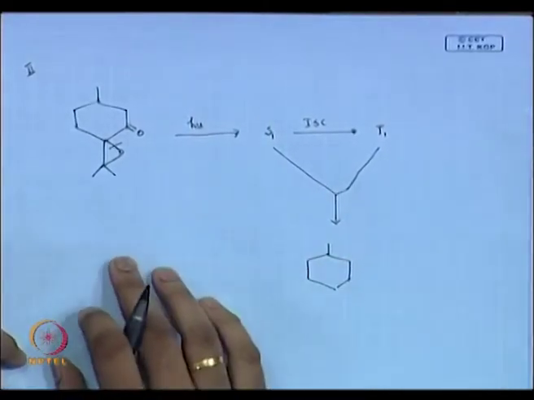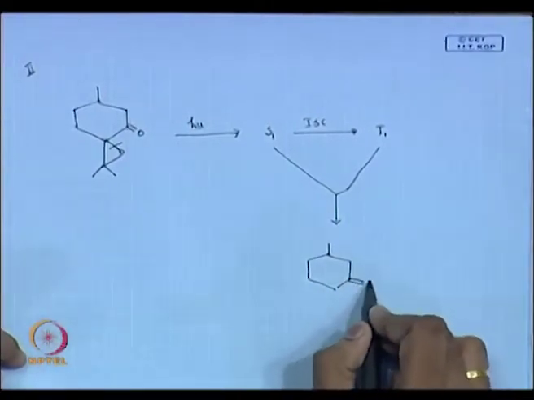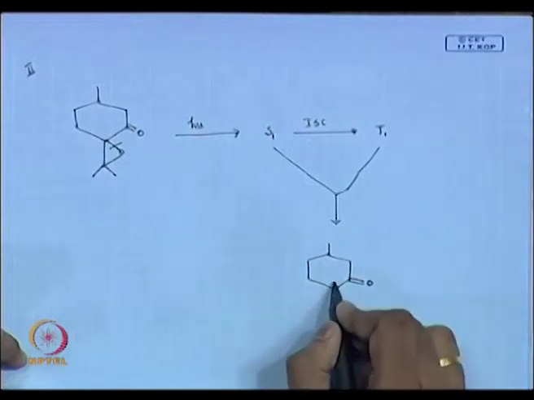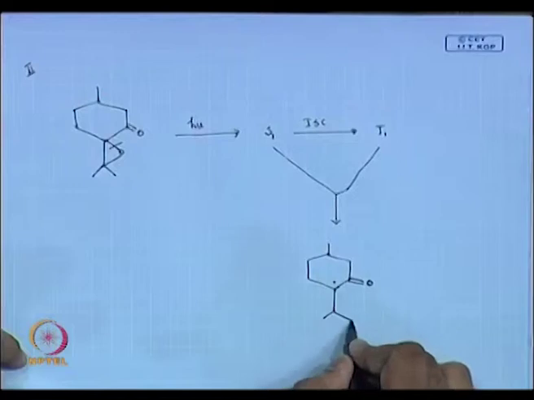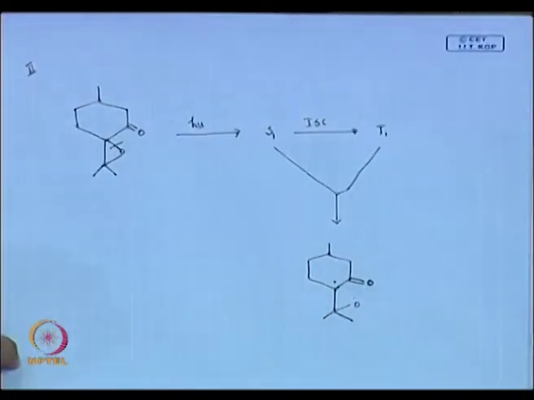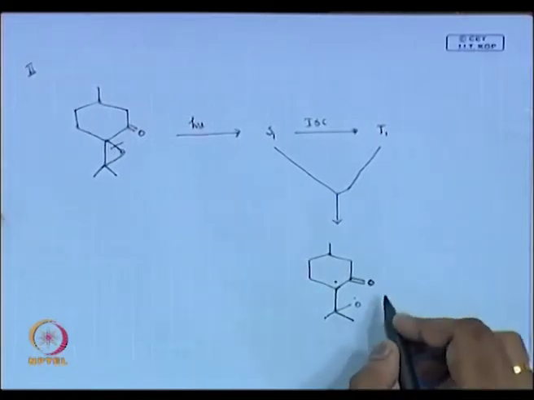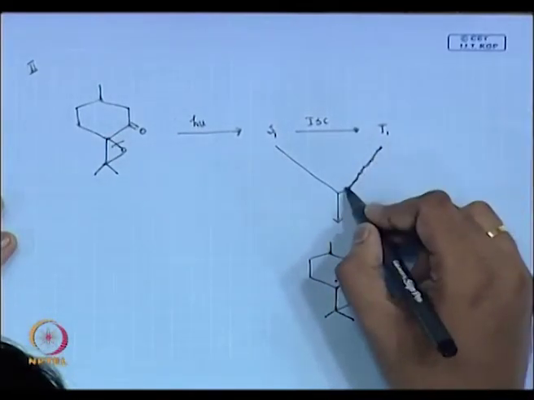It is a typical epoxy ketone, no? So, I can get this type of radical now, a ketone with this type of system. So, what do we call this again? Sorry, just for a minute.